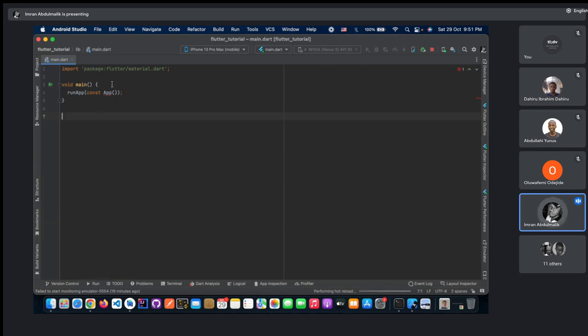So here, I've named my app, sort of my app. So I'll create a class for that, right? Now, when creating your widget in Flutter, you can create everything manually, like just type class app extends stateless widget and something like this. Then